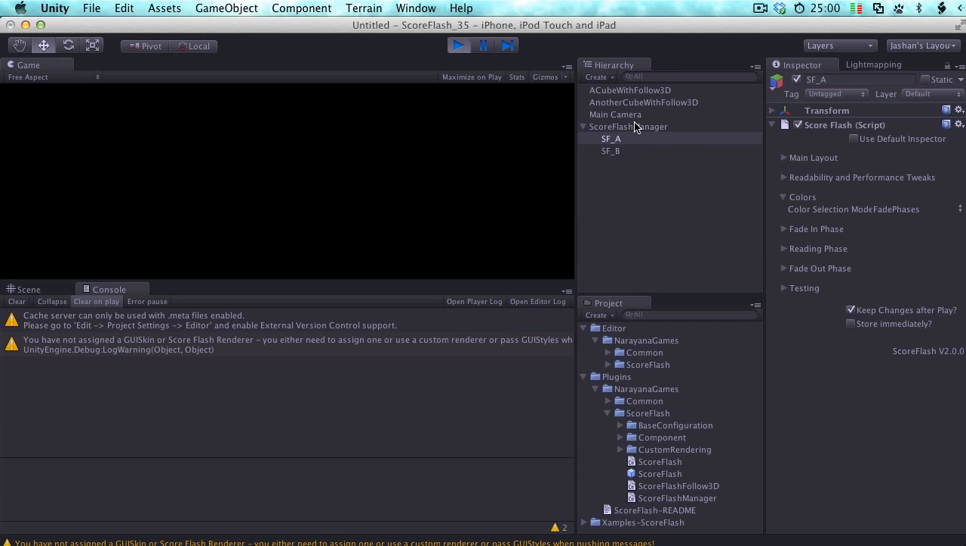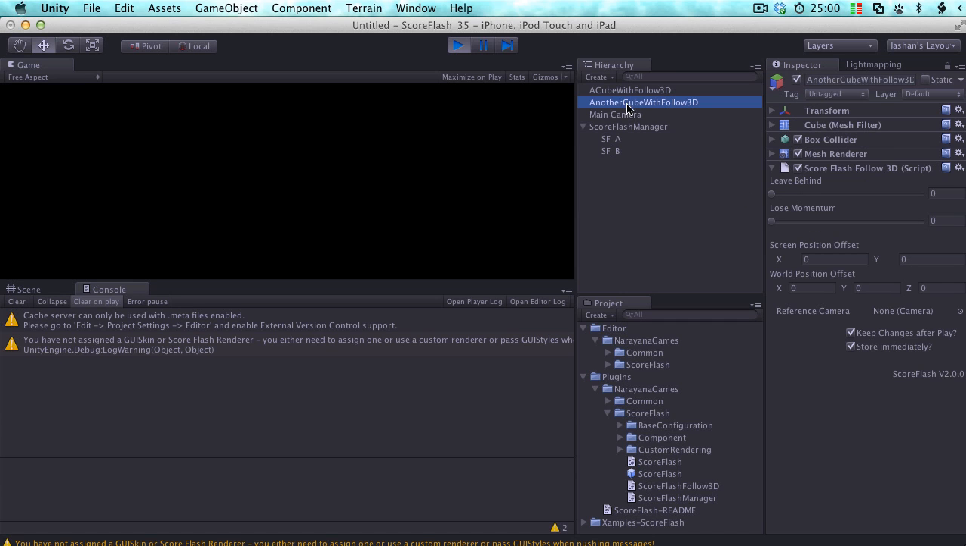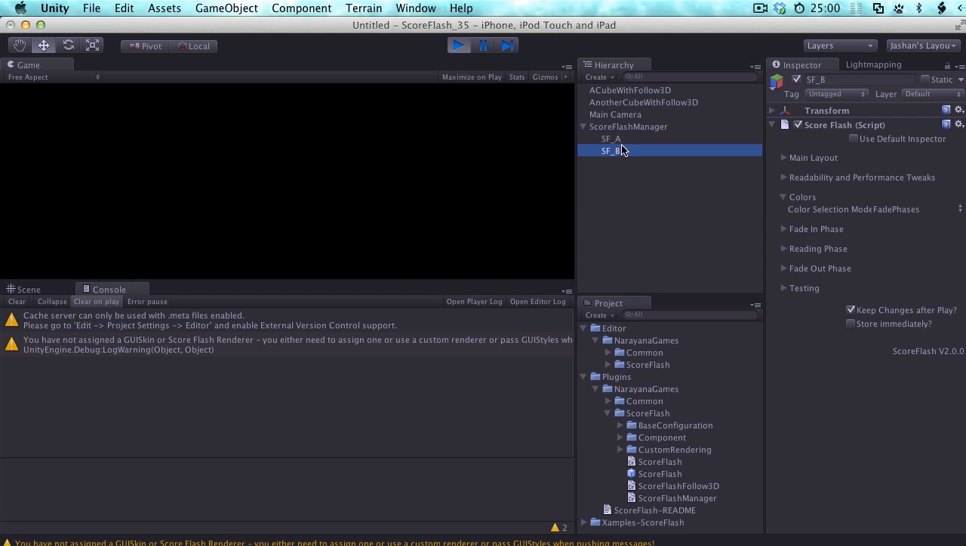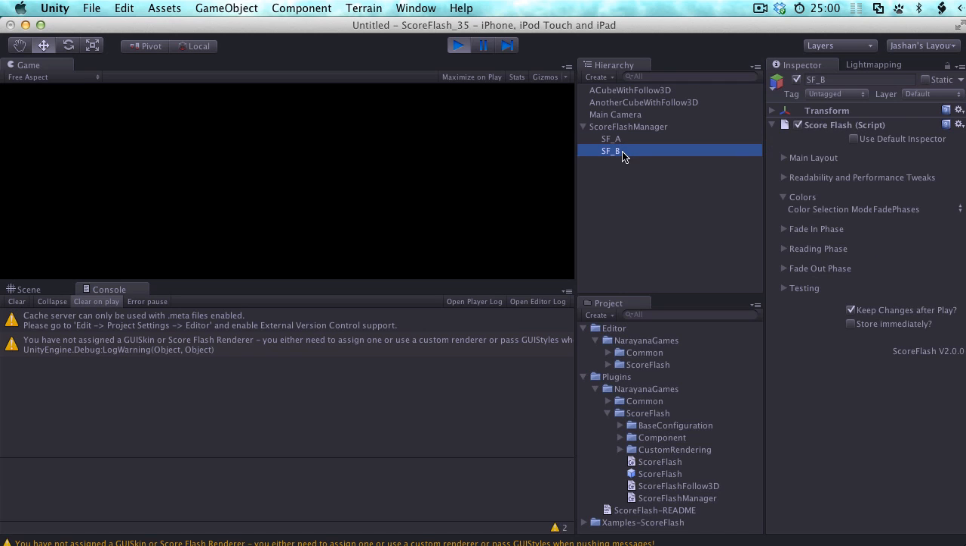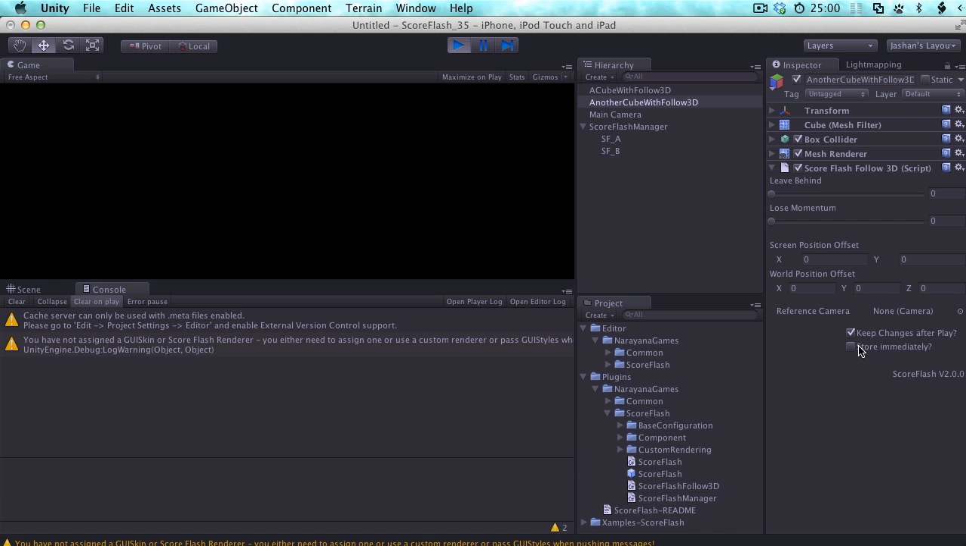And one thing that's important to know, first of all, is that these are per object type. So in other words, ScoreFlash has one setting. So you could say, I don't want to keep these settings for my ScoreFlash Follow 3D, and then this applies to all of them, but it still keeps the changes for ScoreFlash. So it's one thing that you can change according to your needs. For our needs right now, I'm going to keep them, and I'm going to have store immediately unchecked to show